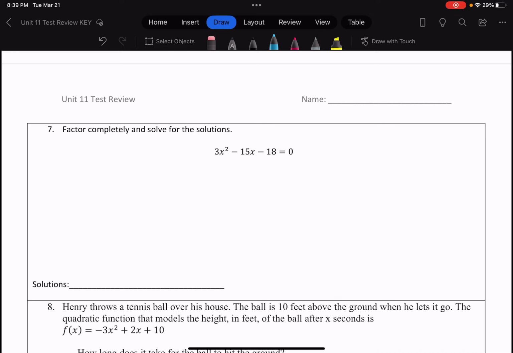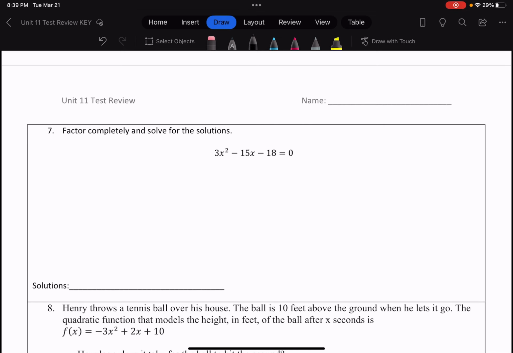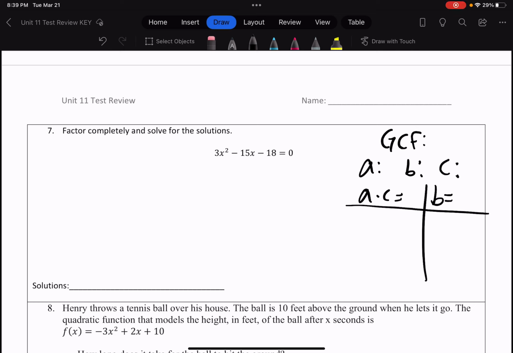So number 7 says factor completely and solve for the solutions. So remember, once again, when we factor completely, we always need to look for a GCF. And then we can create our factor table. So if I'm looking at these functions, I've got 3x squared minus 15x minus 18. Looking at those terms, I know that they are all divisible by 3. So 3 is going to be our GCF. So I've got 3 multiplied by x squared minus 5x